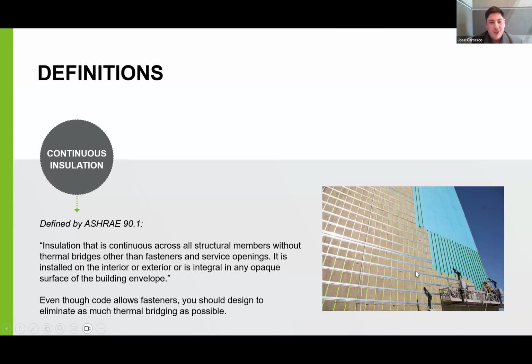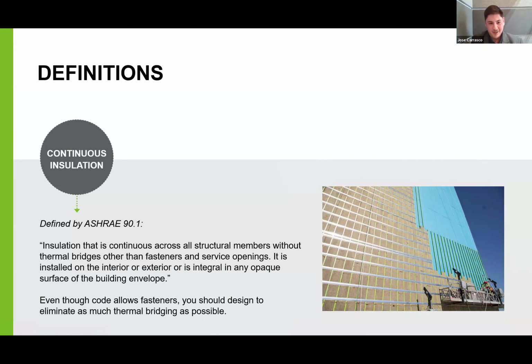And then here we have a definition from ASHRAE of continuous insulation. So it's insulation that is continuous across all structural members without thermal bridges other than fasteners and service openings. It is installed on the interior or exterior and is integral in any opaque surface of the building envelope. So really the main differentiator here is